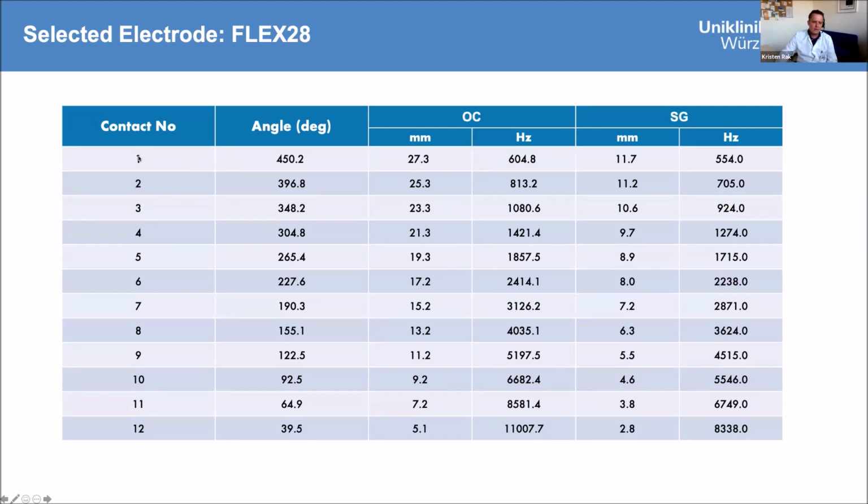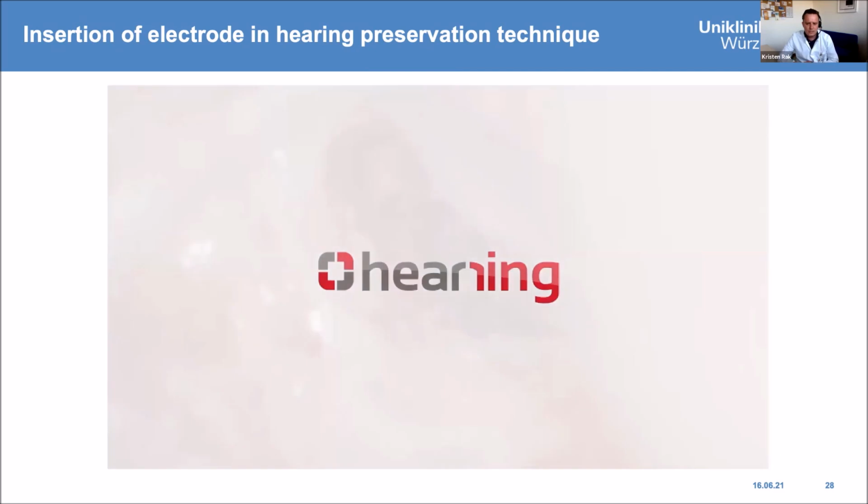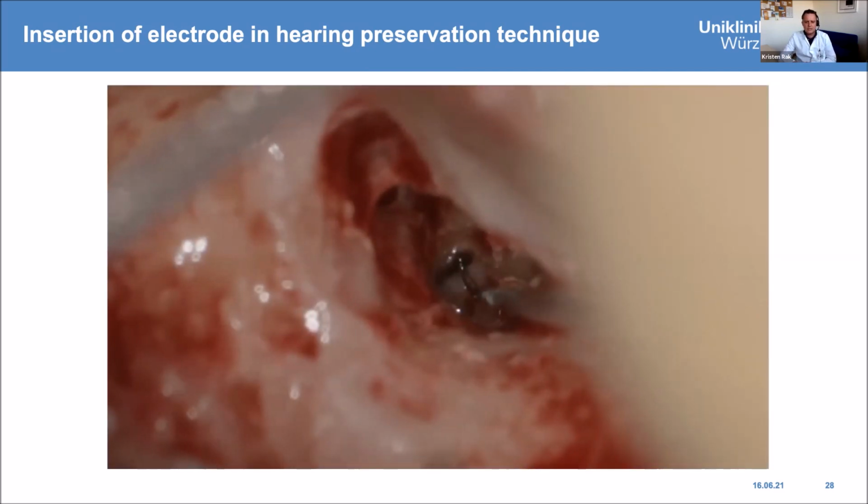You see the most applicable contact should be inserted, 27.3 millimeters with a frequency of about 600 hertz. Now I would like to show you a short video, especially of this patient where we used our hearing preservation technique,